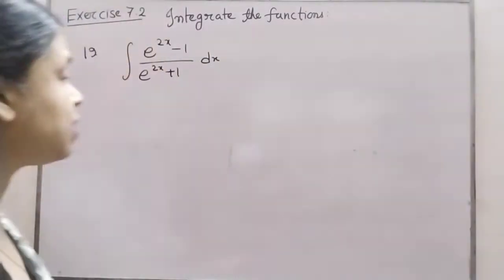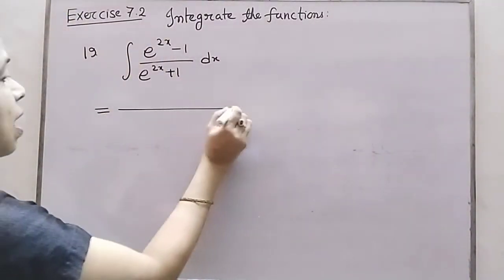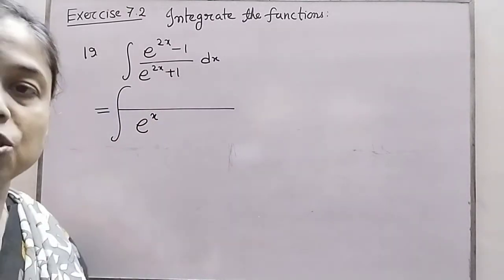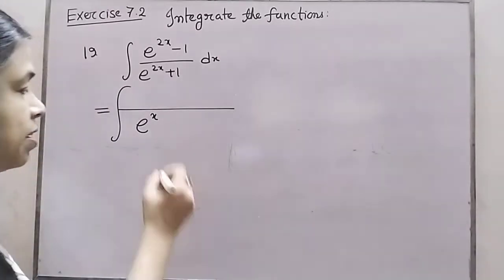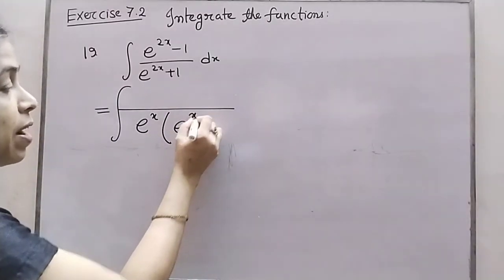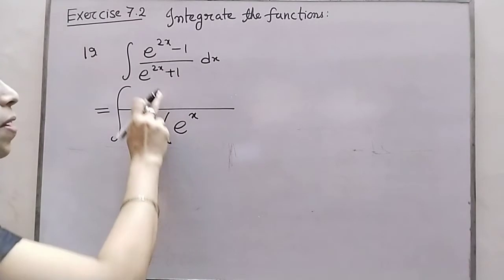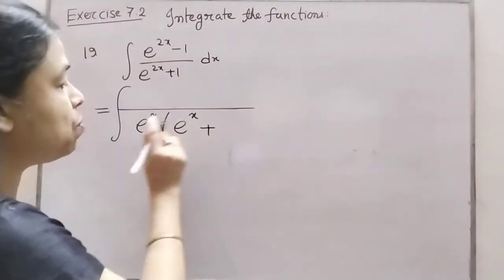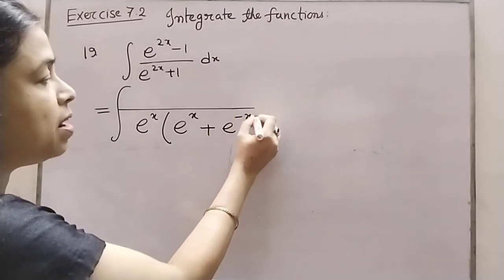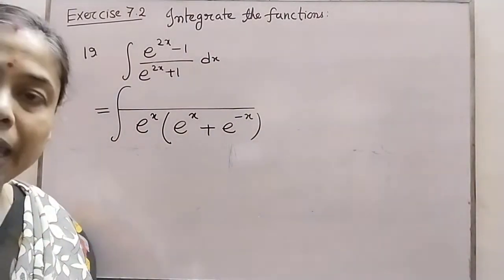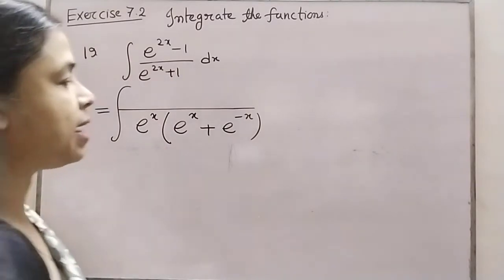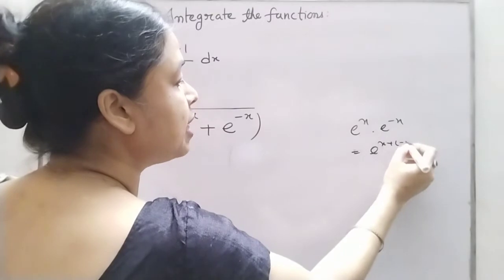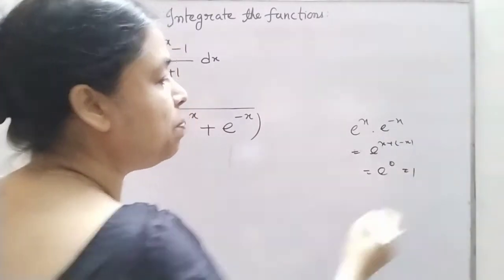So here what I have done, first I am taking the half of the denominator. First we see e to the power x I have taken common. But actually it is not present as a common term. If I write it like this, e to the power x into e to the power x is e to the power 2x. But what about 1? To adjust this, you have to give here e to the power minus x. Then if you do the product of e to the power x and e to the power minus x, it will give x minus x, e to the power 0, which is equal to 1.